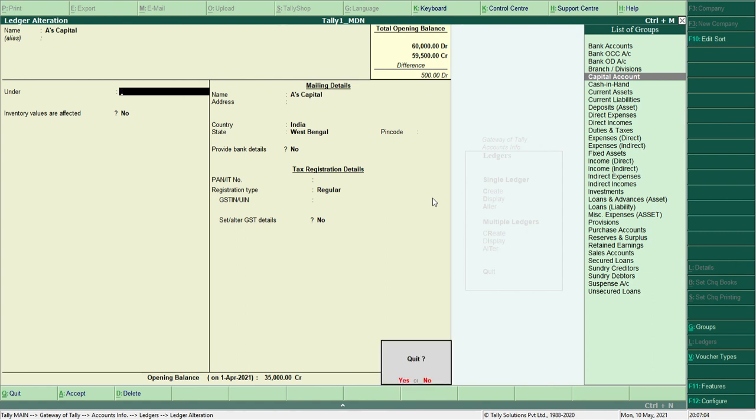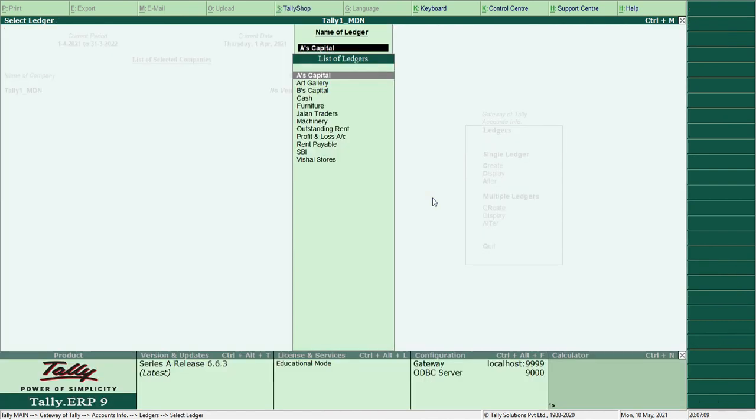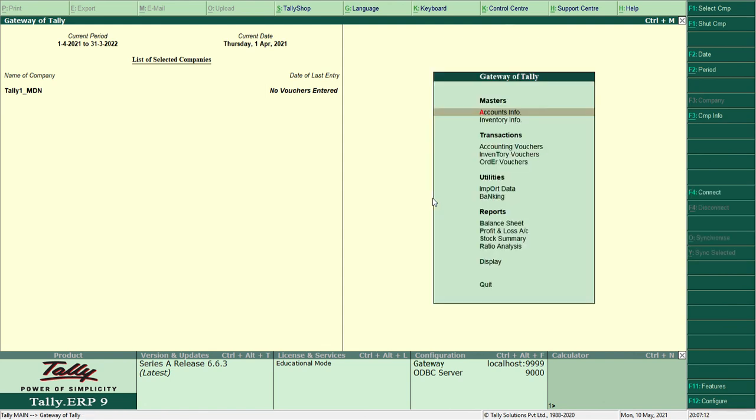So by this we finish this assignment. In this first assignment we have learned how to create a company, what the company details are, company features activation, how to create ledgers, how to create parties and their bill details, how to create stock, how to enter the GST details, how to alter stock, how to create godown, how to create units, how to check the balance sheet, and how to view the trial balance.